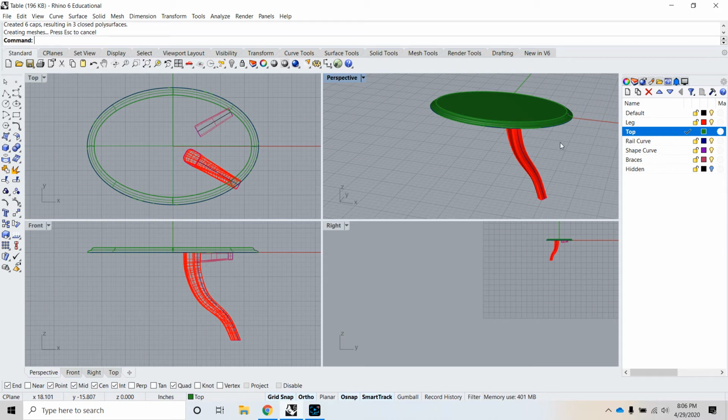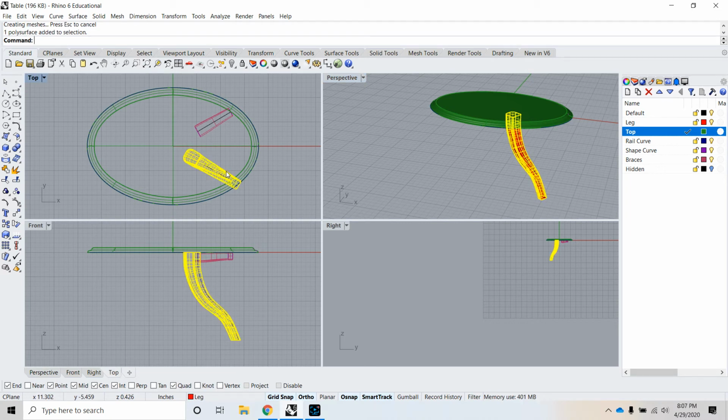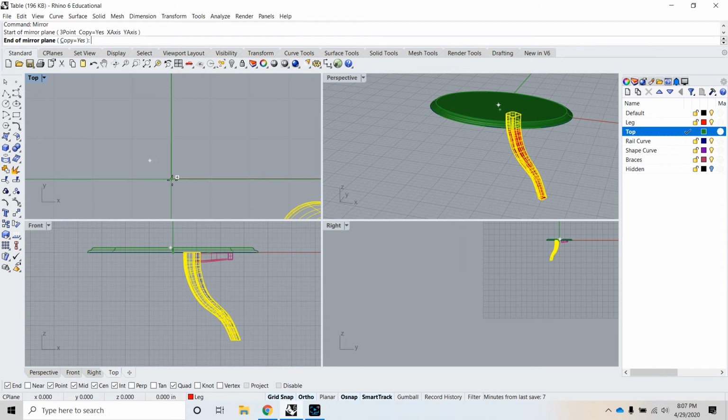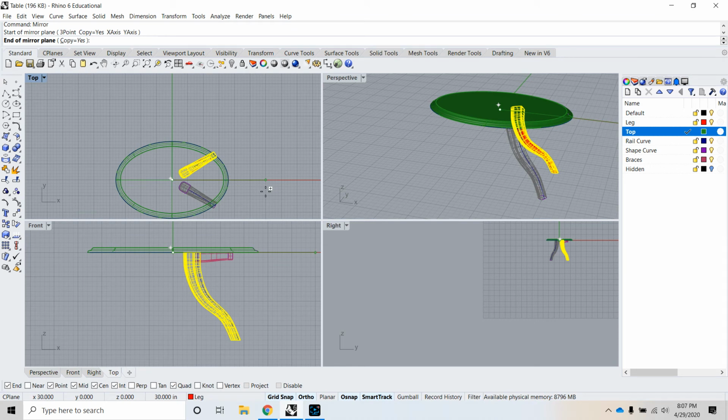Now, select the mirror command to copy and brace the leg to finish the model. And the best way to go about doing this would be to do this in your top viewport. So go ahead and select one of the table legs. And let's activate the command mirror by typing it into the command bar. For the start of mirror plane, I'm going to pick the origin point. And for the end of mirror plane, I'm going to move my cursor to the right